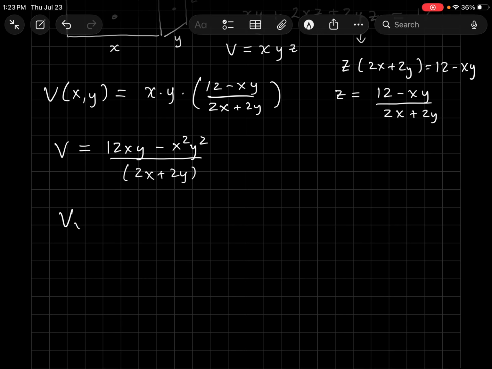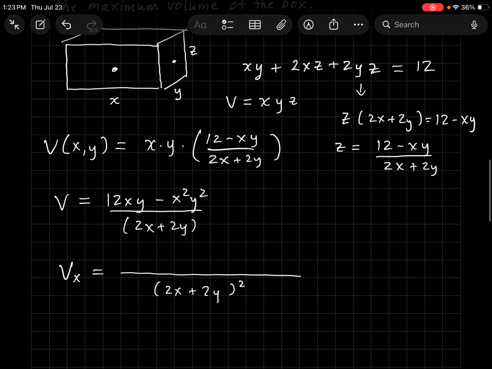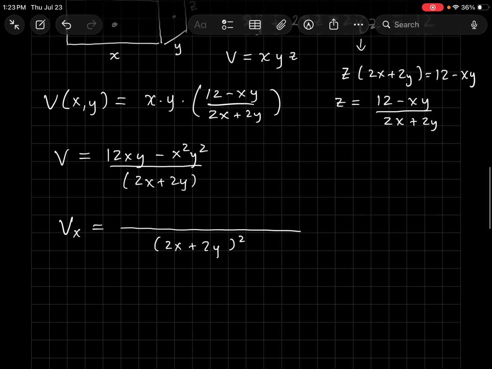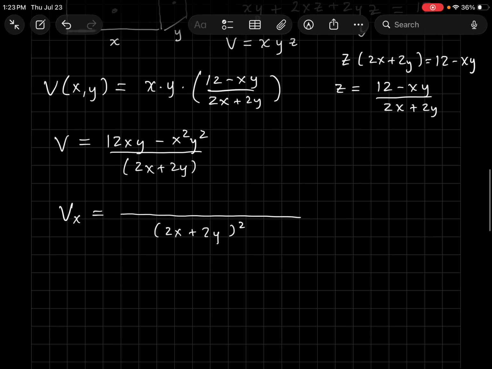So the partial with respect to x is going to be a quotient rule. I like to start by squaring the bottom. I know that x and y can't both be 0, because then my box has no volume and I'm trying to maximize, not minimize it. So I'm not going to worry about the denominator here. But let's just do the top part, which is going to be 2x plus 2y,